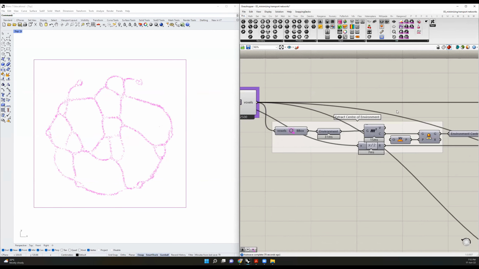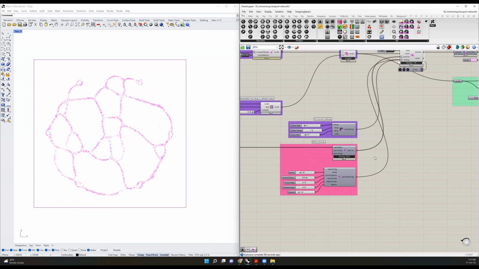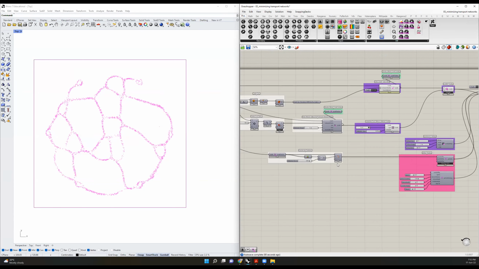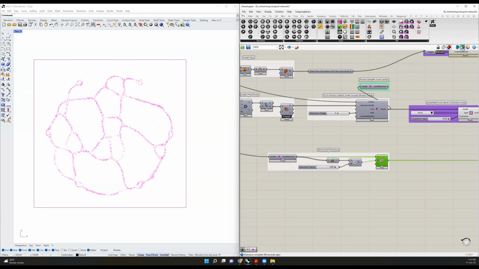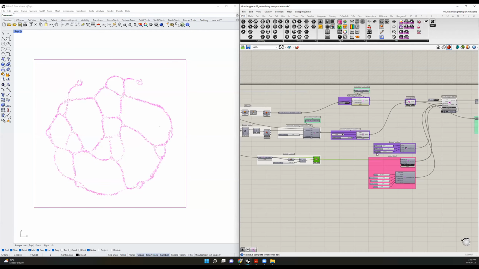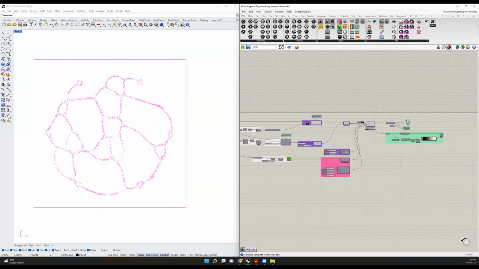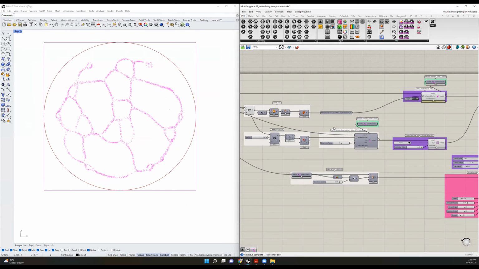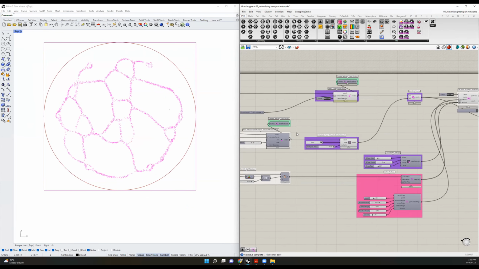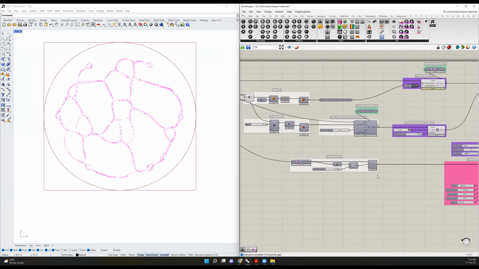Then we have the particles. The particles are pretty basic, so nothing particularly interesting happens with the particles. The only thing we do is choose the starting positions of the particles, and then we run the simulation. Even in this case, we have particles going outside of our design space. Our design space is inside this circle, so not more than this circle. But because we've defined our design space in the voxel components, we won't need to do that with the particles